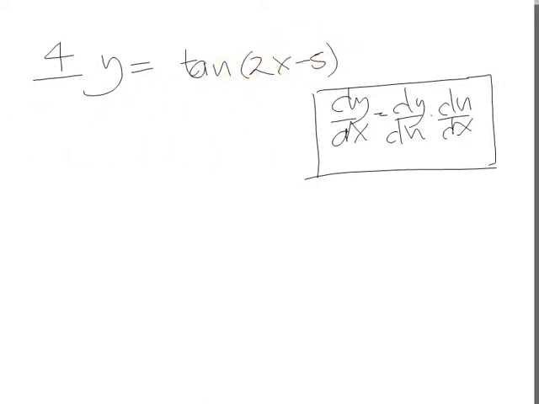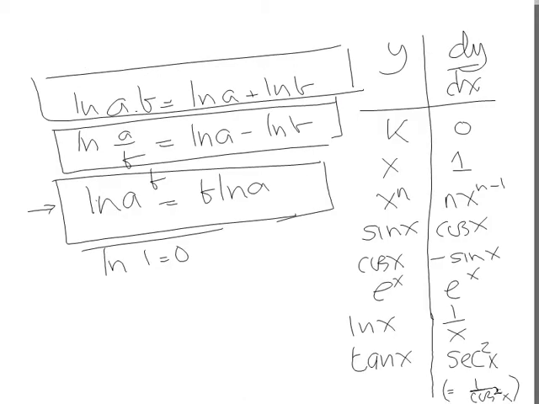Let's go back to our table because we're going to put a new entry on now. Every time we introduce a new function of x, so to speak, we're going to put it on the table. So here it is, right at the bottom. Tan x differentiates to what we call sec squared x, yeah? Sec of x is just 1 over cos x, that's what sec means. It's the reciprocal of cos, 1 over cos x. So sec squared would be 1 over cos x, squared,